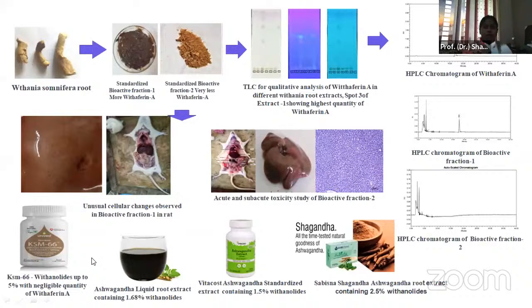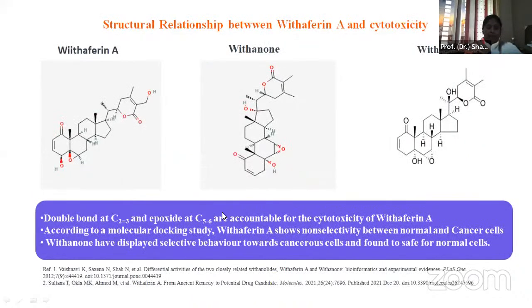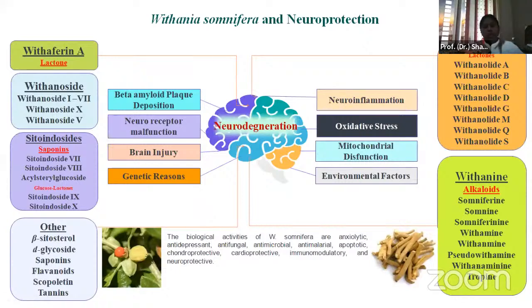And in case of Alzheimer's disease, which may start from the age of 55 or 66, we can give this particular Withania somnifera standardized extract as a part of nutraceutical supplements for the healthy brain, for decline in the deposition of beta amyloid, or for proper signaling, proper antioxidants and proper acetylcholinesterase inhibitor activity. At that time it is very necessary that we should give attention to the withaferin A concentration